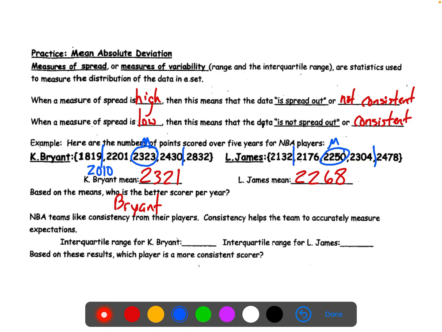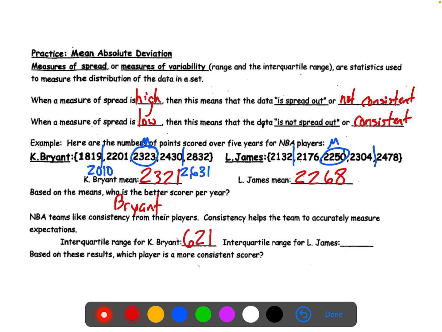All right, then I'm going to do the same thing for the upper quartile. I'm going to add the 2,430 to the 2,832, divide it by 2 to find the midway point that I'm looking for, and that is 2,631. So for Bryant, I'm going to get the IQR by subtracting these two quartiles. So I would subtract 2,010 from 2,630, and Bryant's IQR is going to be